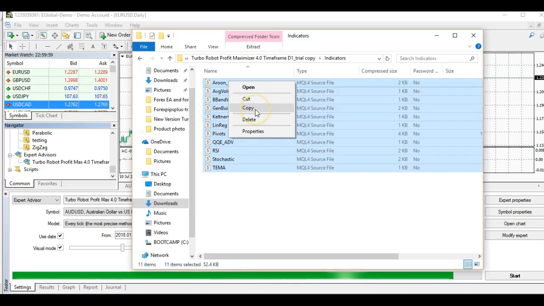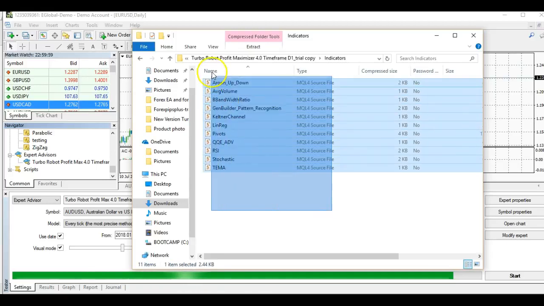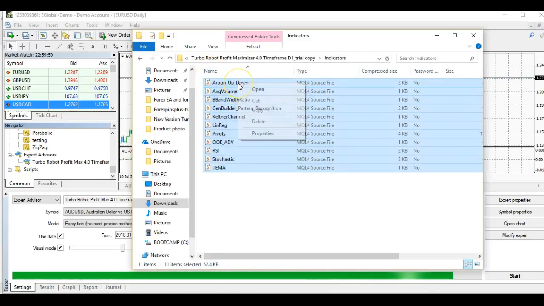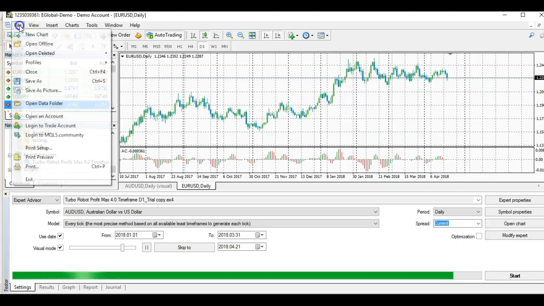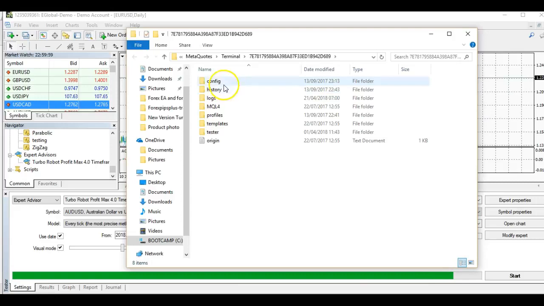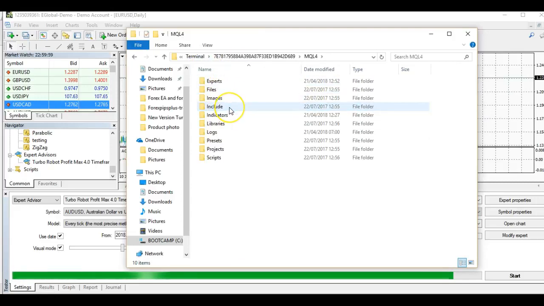Okay, so right click, then copy that. First highlight, next is right click, and then copy that. So what is the next thing? Go back to the folder. This is the second step: you go to the file and open up the MQL file again, and then next